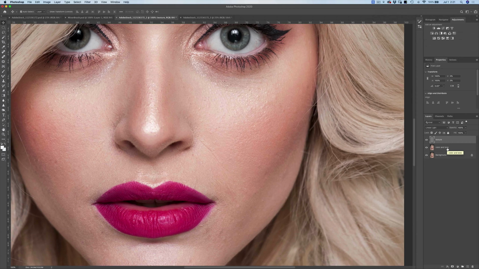And you might also be asking yourself, why didn't we turn this color and tone layer into a smart object before we did this math? And there's a really good answer for that. The reason is because there was that math equation that we had to do in order to get our apply image. It's subtracting the data from one layer and applying the missing data to the other layer.